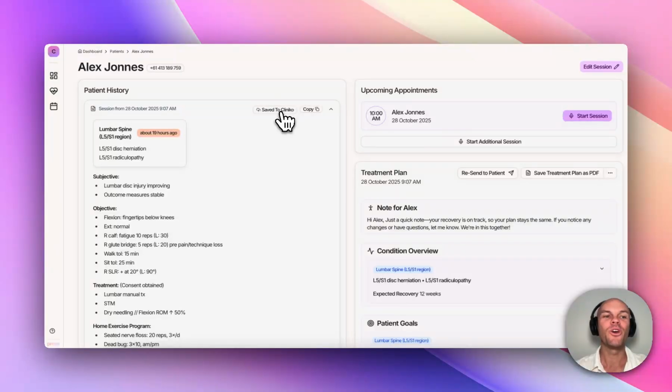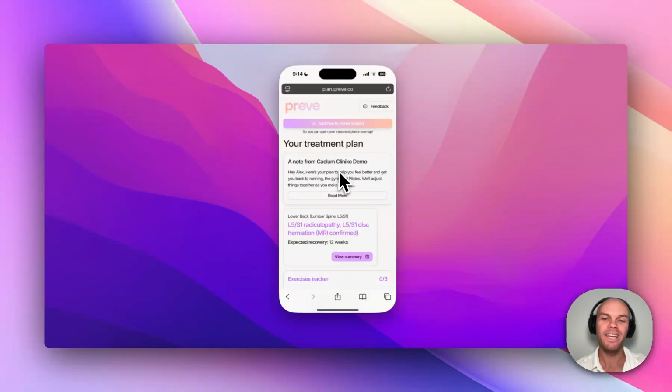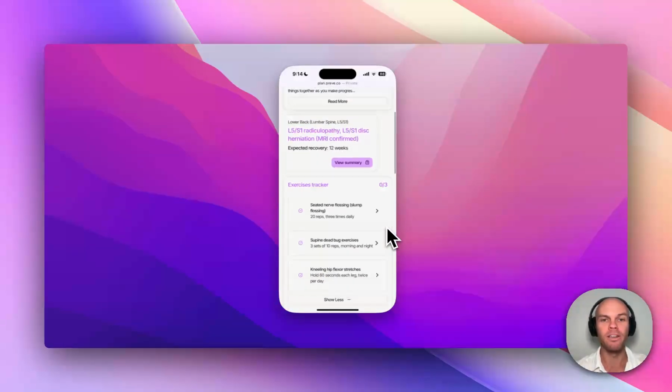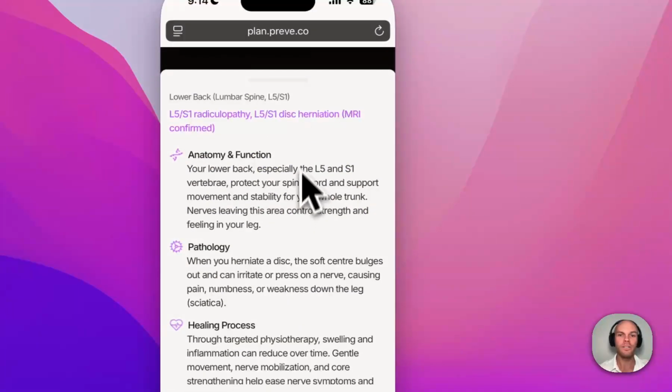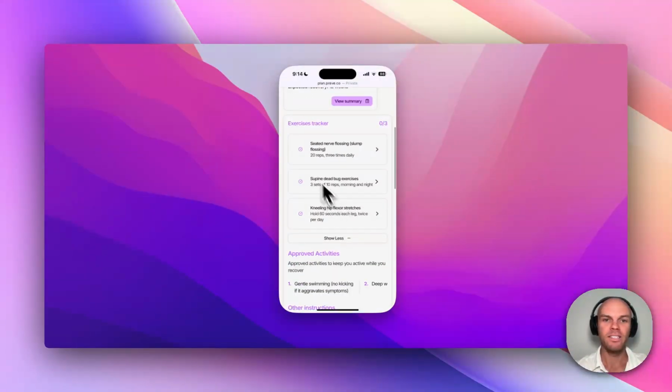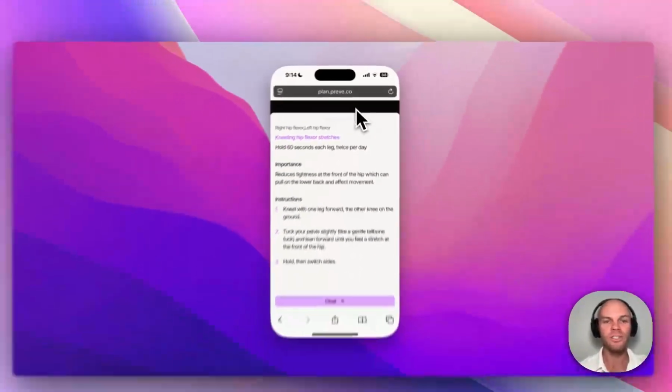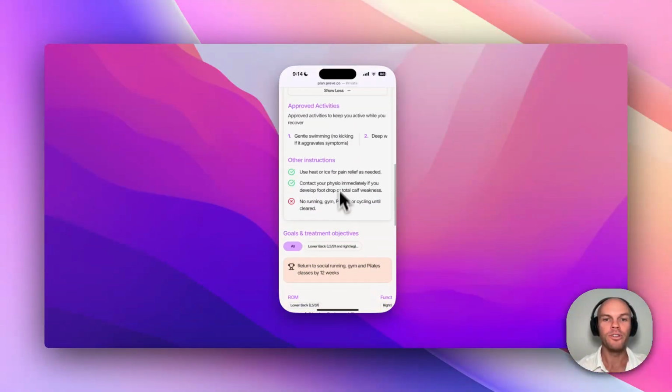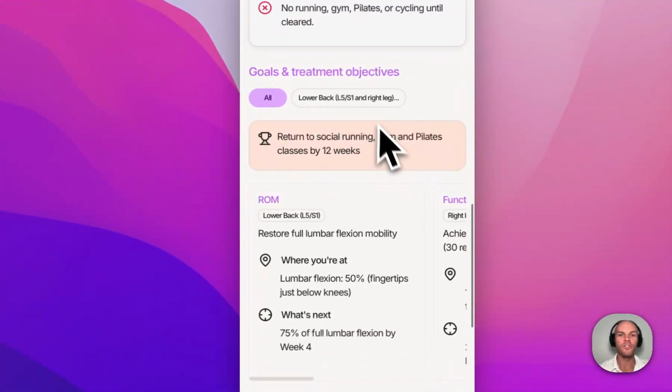Now, let me show you what the patient receives. The treatment plan is clear, simple, and gives Alex everything she needs to stay motivated. An overview of her diagnosis, exercises, which are marked as done daily, with clear instructions, all of her do's and don'ts, her goals and treatment